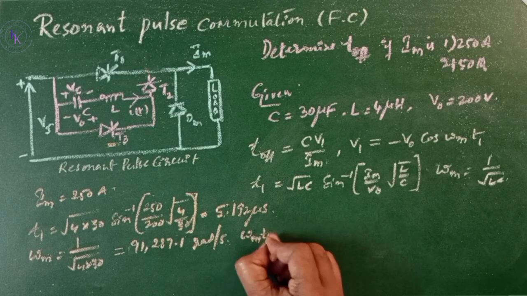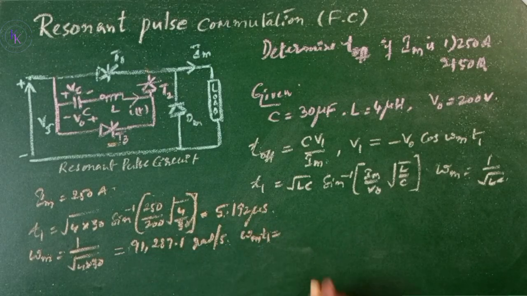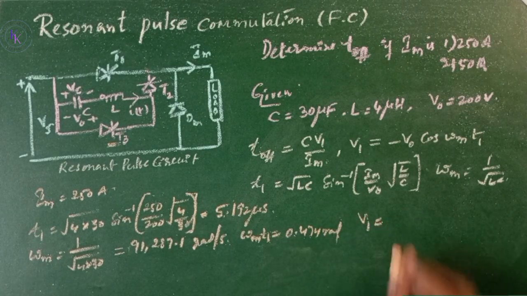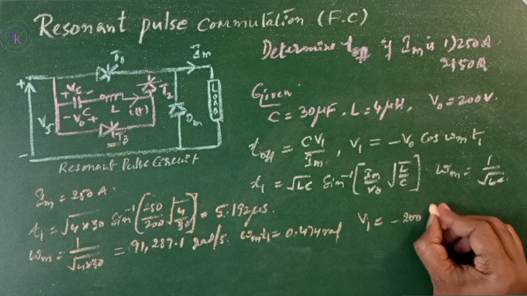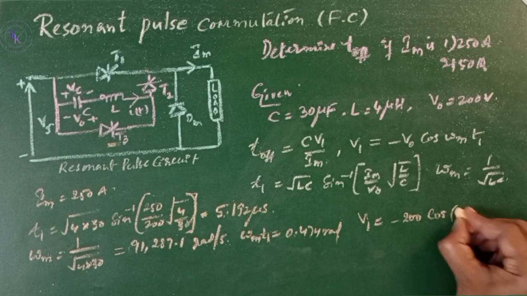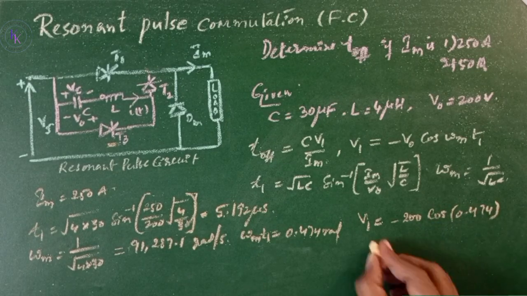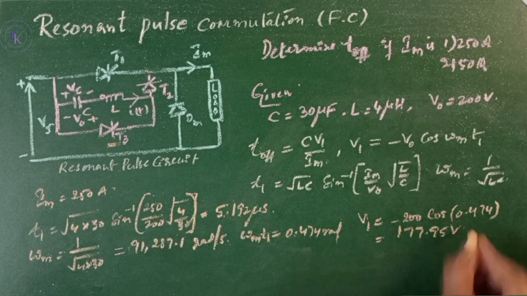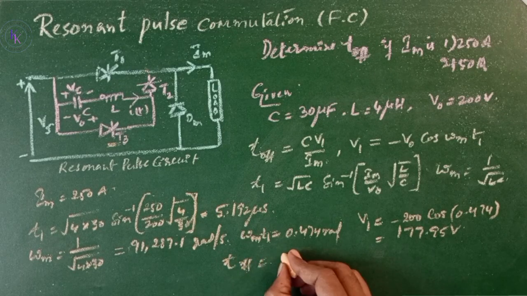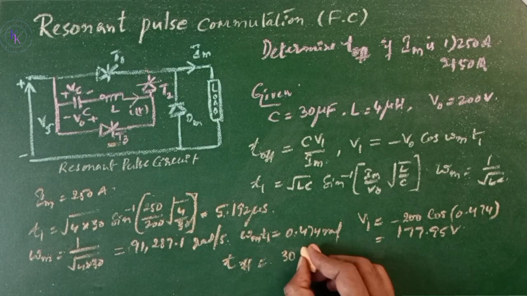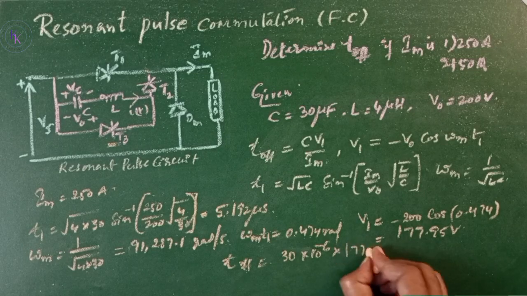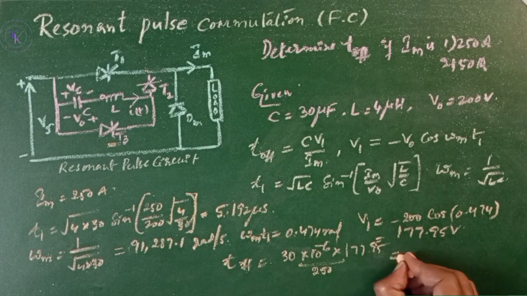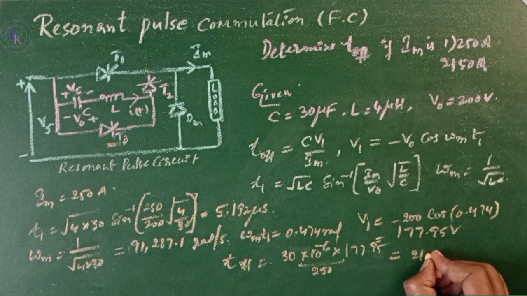Multiplying these two, ωm T1 equals 0.474 radians. V1 equals 200 cos of 0.474 radians, which equals 177.95 volts. Toff equals C, 30 microfarads, multiplied by 177.95 divided by Im, 250 in the first case, which equals 21.35